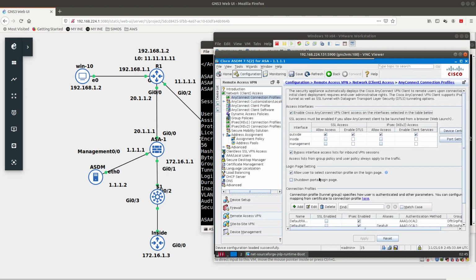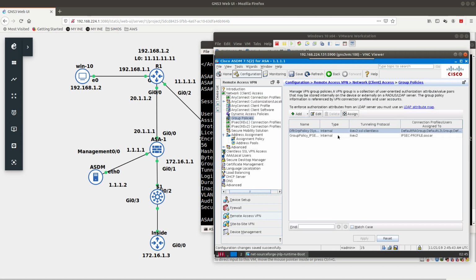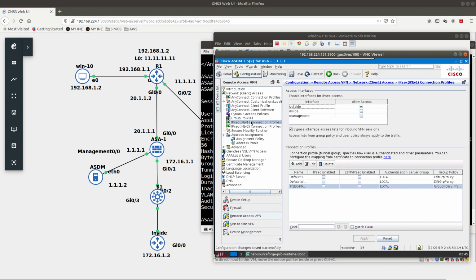Now let's also go ahead and delete this SSL right here. Apply it. Go ahead and go to group policies. And in group policies, SSL is gone. Group policy IPsec is still here. Let's go ahead and go into